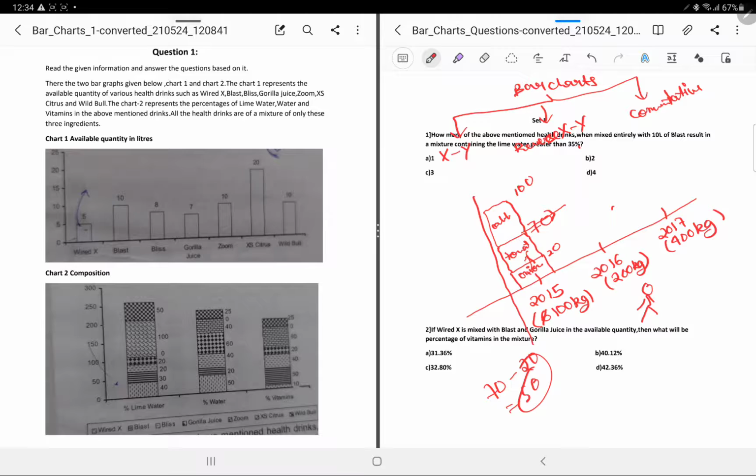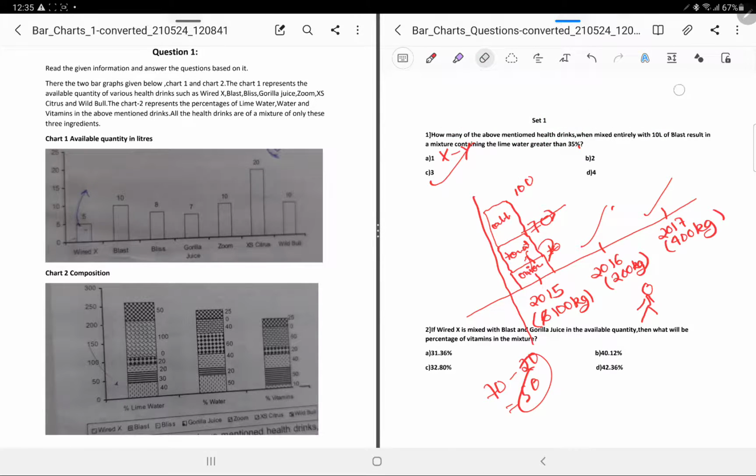Okay, similarly would be 2016 and 2017. So to get the value of that quantity, you need to basically subtract the lower one from it. Okay, so I think that it's clear now. So we generally have the XY graph, the reverse of the XY graph, and the commutative graph. Okay.